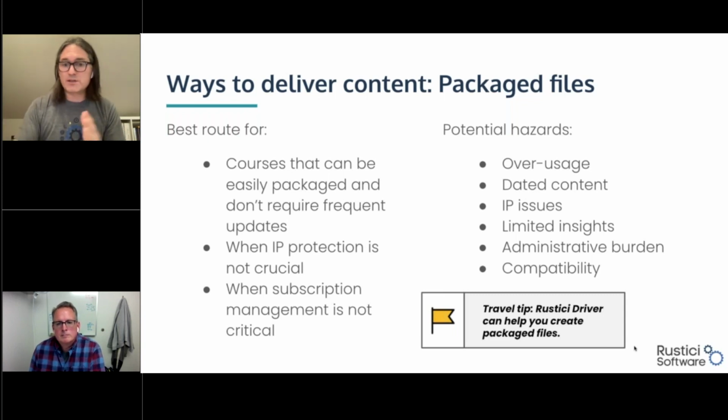You're also cutting yourself off from any sort of access or automated access to utilization data about how learners are accessing your content or using the content. All of that great data that Joe was talking about earlier around testing and completions and those types of things. If you want that type of data, you would be reliant upon the customer, the partner who's delivering the content through their own LMS to provide that to you. Administrative burden, I think, really goes back into managing versions, sending out updates, things like that.